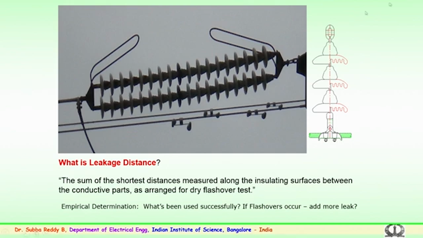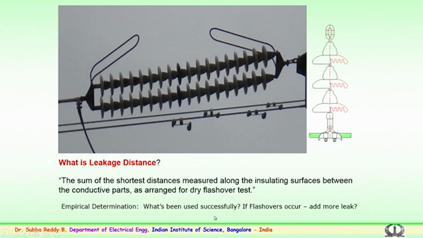So, this is an example of an insulator string which consists of several insulators, double tension insulators, and here you can see this metallic ring type of arrangement, which is known as the arcing horns. This distance between them is known as the strike distance, what we discussed earlier. The tip of this metal to the tip of the other is the strike or arcing distance which is being maintained for this insulator string. In case of over voltages, the discharge should happen from metal to metal and it should go to the ground. So, the protection for the insulator string is done.